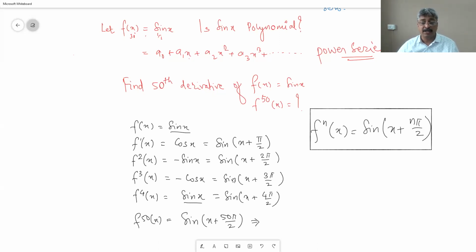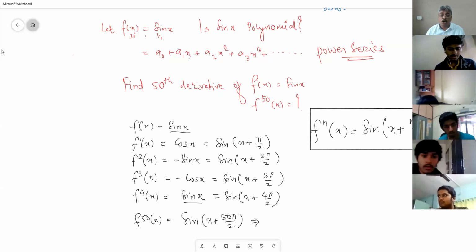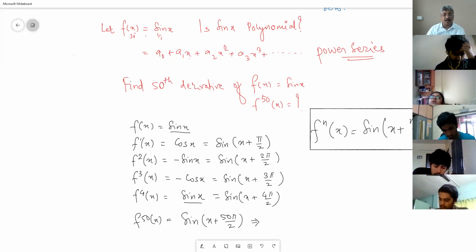Trigonometry knowledge and the adjustment that we are doing. Are you happy about it? You need not worry about what is mod 4, because you are unnecessarily applying number theory here. Find out remainder and then decide whether plus or minus.